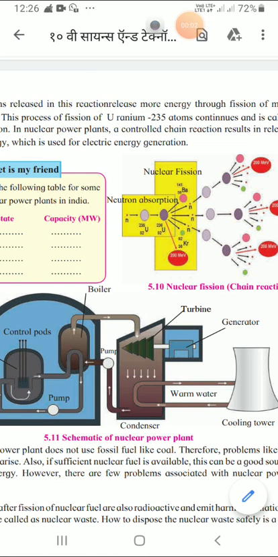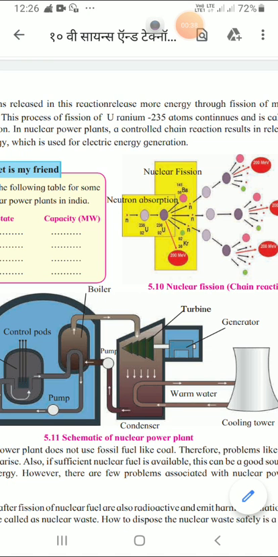Good morning, students. Today I am going to continue with the same lesson, that is chapter number 5, Towards Green Energy, of Science 2. Last time we studied some topics such as energy and use of energy, generation of electrical energy, thermal energy based electric power station, and so on. So, we have seen in thermal energy there were some problems. What are those problems? Let us recall.